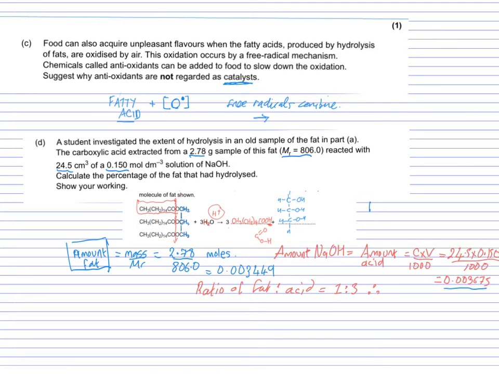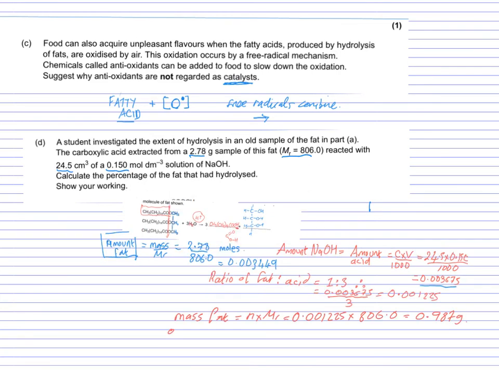So the total moles of acid, of fat that were present, is 0.03449, and the total moles of sodium hydroxide that reacted with the acid was 0.00375. However, the ratio of fat to acid is 1:3. So if we divide the moles of acid by 3, we'll end up with the moles of fat that was hydrolyzed. So once we know the amount of fat that was hydrolyzed, which is 0.001225, notice I've not rounded to 3 significant figures, we have the MR and we have the amount,